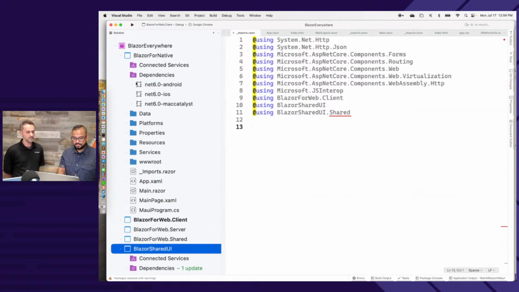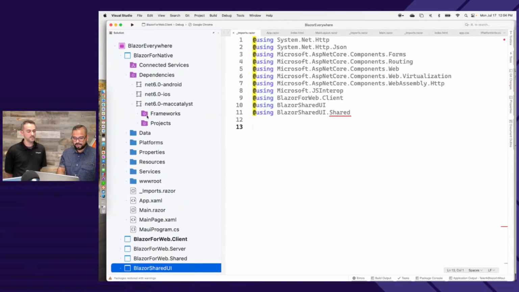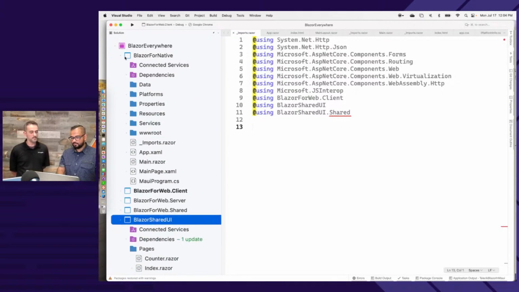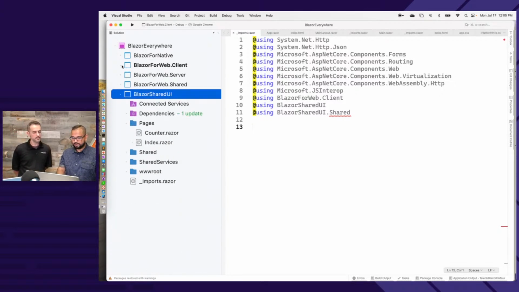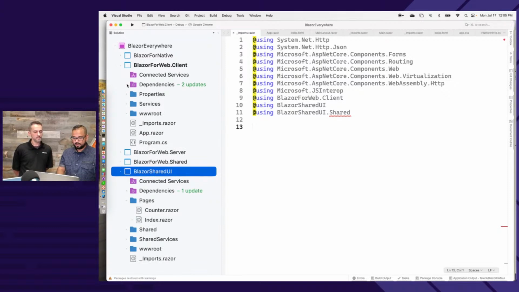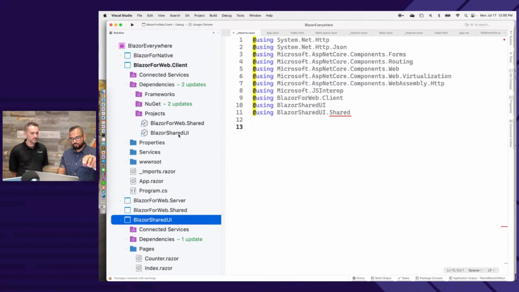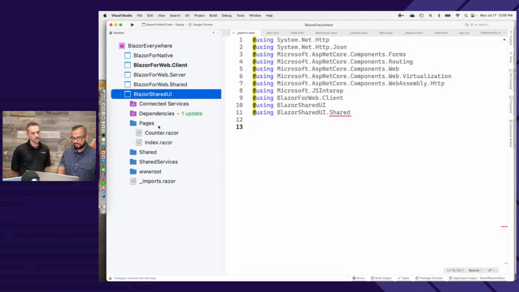If you look at my dependencies here, let's look at Mac Catalyst. If I look at projects, that right there is my shared UI. And the same with my Blazor project. It's also referencing that shared UI across multiple things. So it's just a way for moving your shared UI off from Blazor, off from Maui, onto a common project. So with that, I can keep my index.razor here. All we have to do is make sure we are referencing the shared UI.